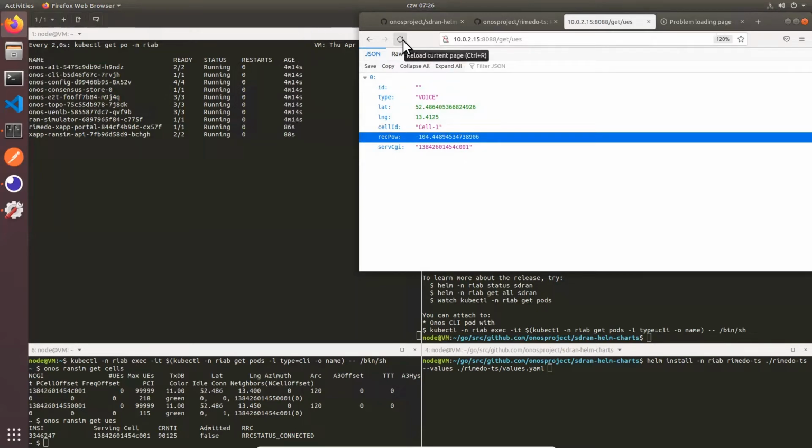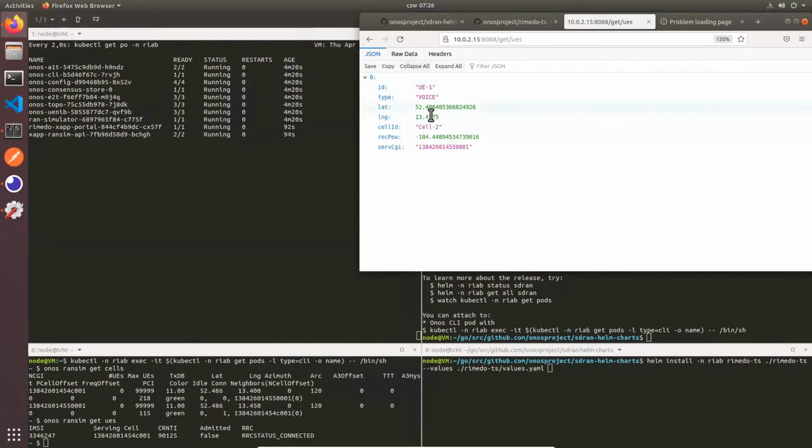And if we refresh, we can get this data once again. We can observe this longitude is changed. Received power is also different. As it is still not the best way to visualize